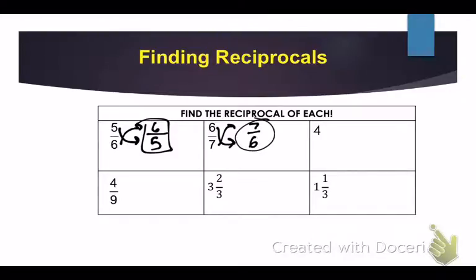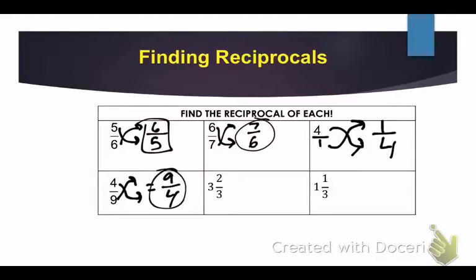Now this next one is 4. Now we have to remember that 4 as a fraction is 4 over 1. So then we need to find the reciprocal of that. Okay, the reciprocal of 4 over 1 is 1/4. So that's what happens there, and that's one of those unique ones that you have to be very careful about. Okay, 4/9 becomes 9/4, and we find the reciprocal, and 3 2/3,